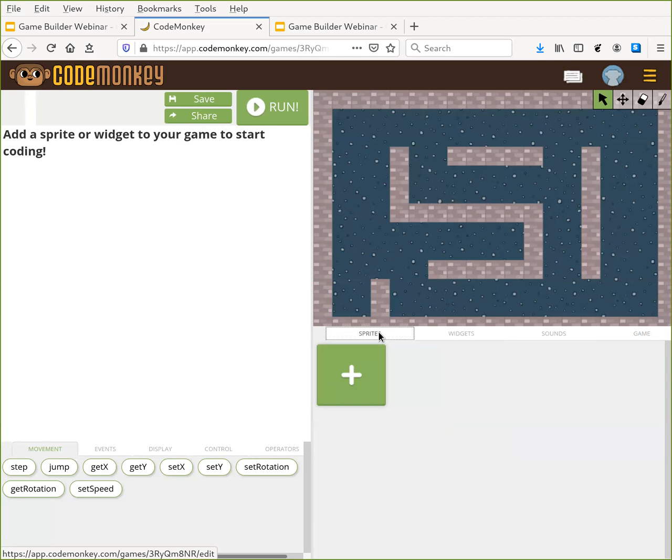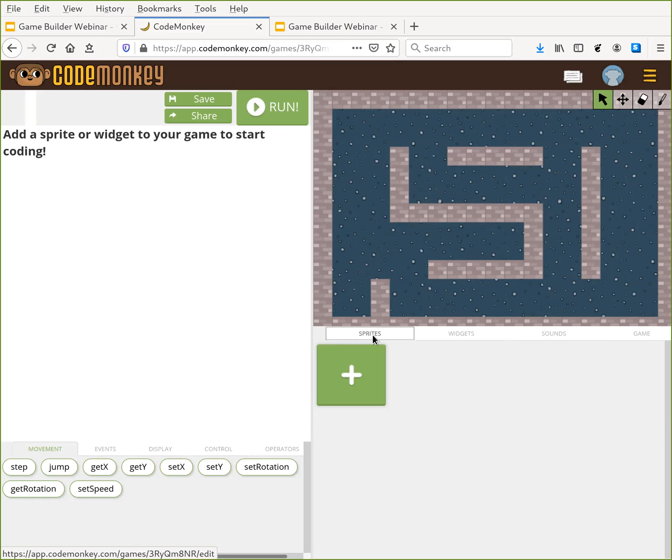It could be the main character, it could be the bad guys, it could be goals and power-ups that the main character is trying to grab, anything kind of interactive. So these walls are not considered sprites because they're not interactive, although they do block most of our characters. But the other things that are interactive are called sprites. So we need to add a sprite to represent our main character.